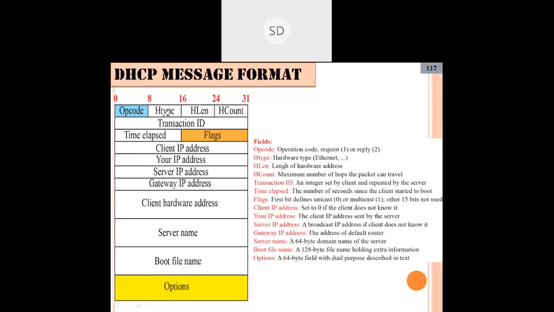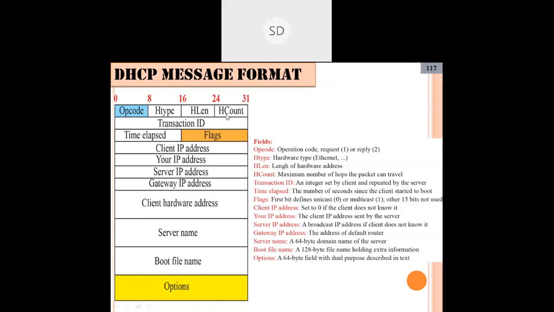Next, from 16 to 8-bit, this is the hardware type. Each hardware, for example Ethernet or Wi-Fi, will have its own ID number, and that will be placed here. Next, the length of the hardware address. Each hardware will have its own address, and that length will be placed here. Then the maximum hop count is the maximum number of hops the packet can travel.